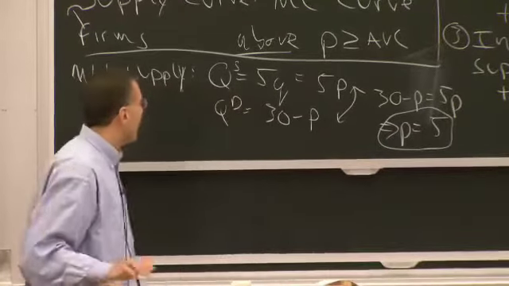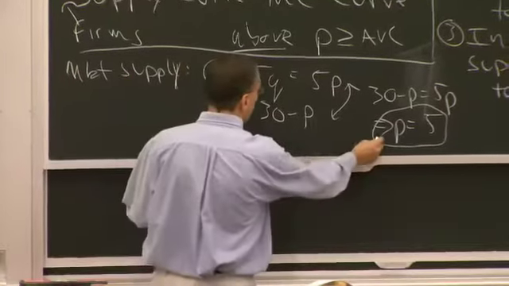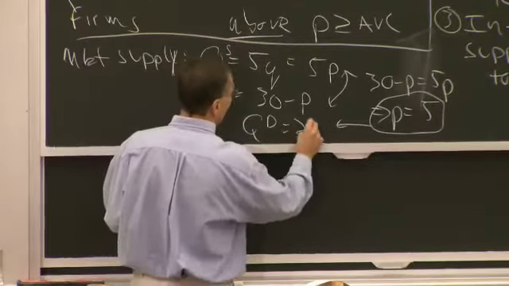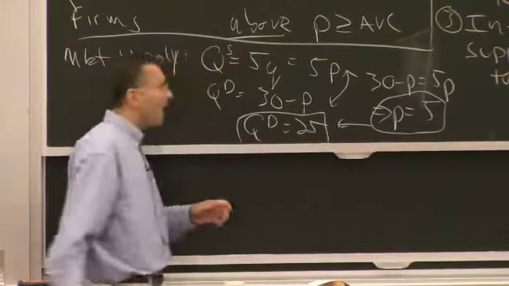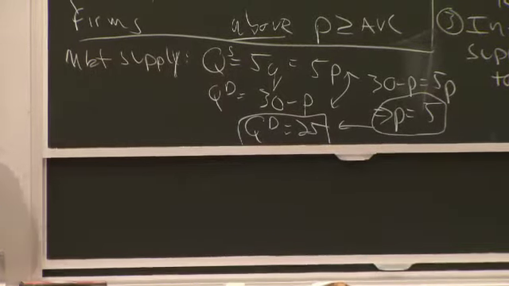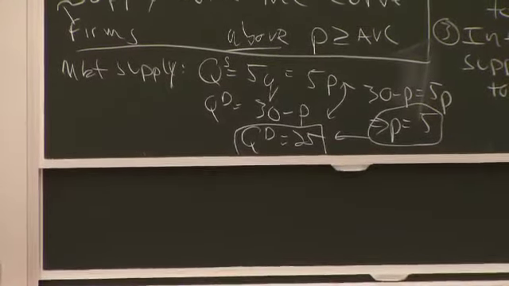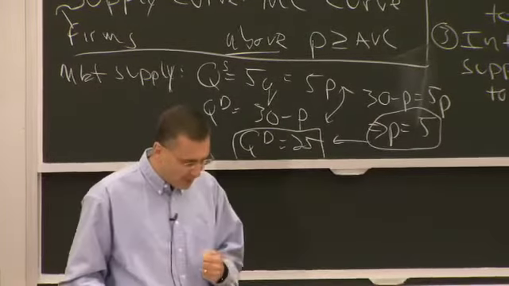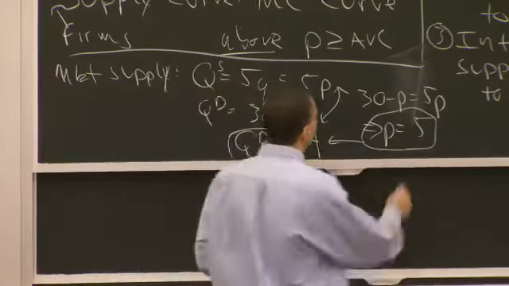Now at a price of 5, what's the quantity demanded? At a price of 5, quantity demanded equals 25. So at a price of 5, the market wants 25 of these things, whatever the heck it's producing. That's the quantity demanded. Then the final step